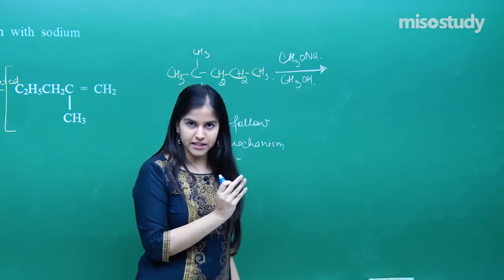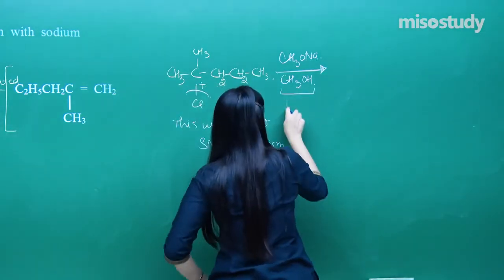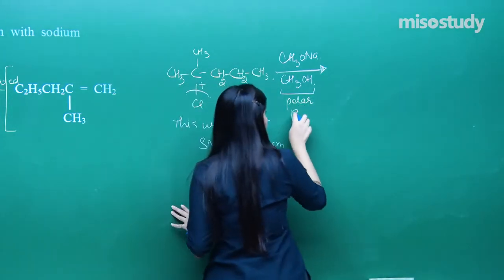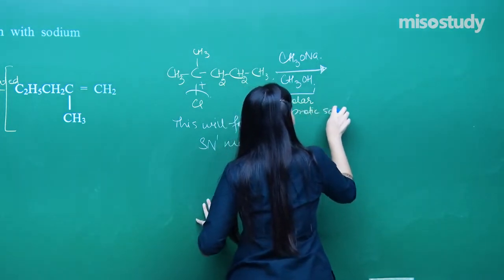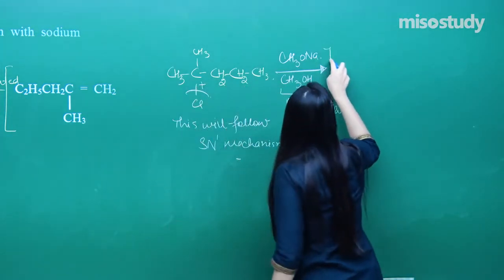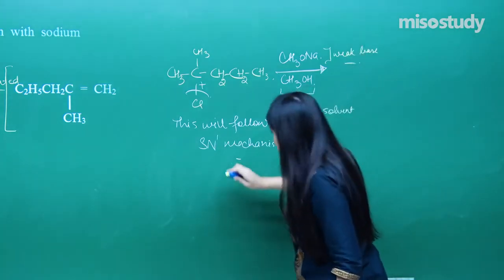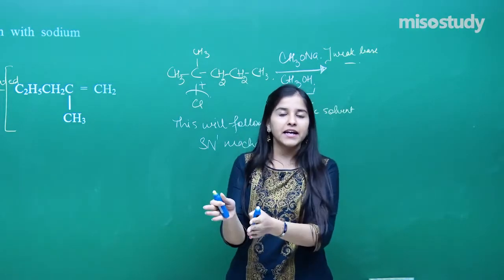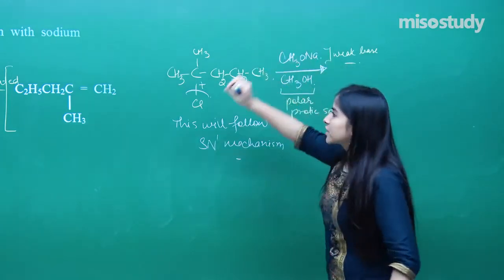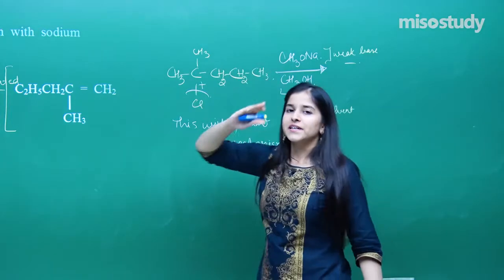Also, what we can correlate is that if you see the solvent, it is polar protic. That means again an indication of SN1, polar protic solvent. And this is a weak base, sort of a weak base you can say, not hindered at all. That means all the things are indicating towards the SN1 mechanism. So you need to confirm all the things which are given in the reaction in order to have a proper answer. So we can now perform the reaction.